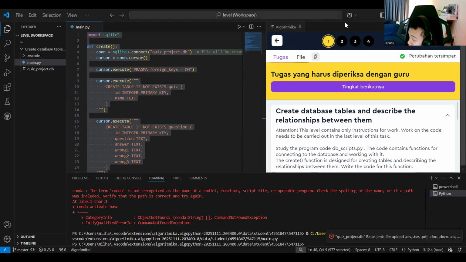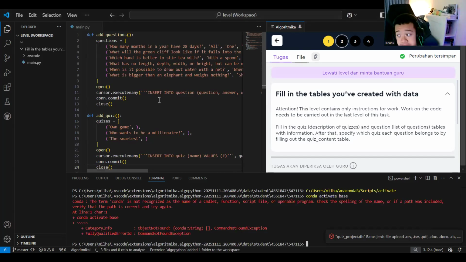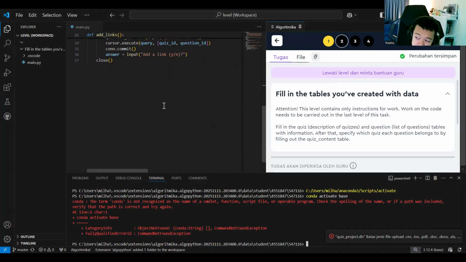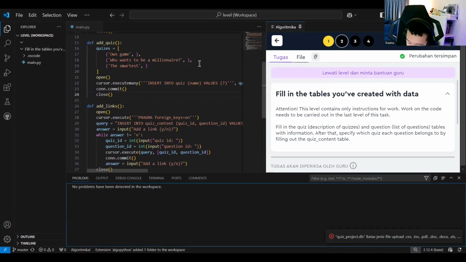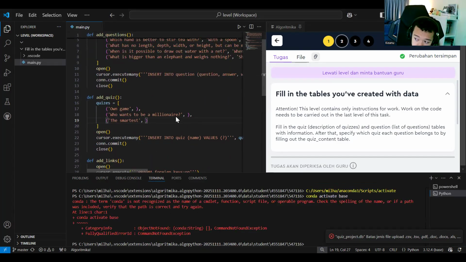So basically on here for number two, we will try to add the questions. We also add the commit and so on. So basically that's what we want to add on here. So when I run this,